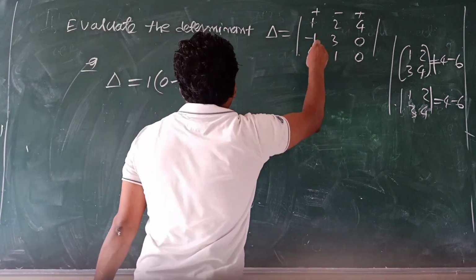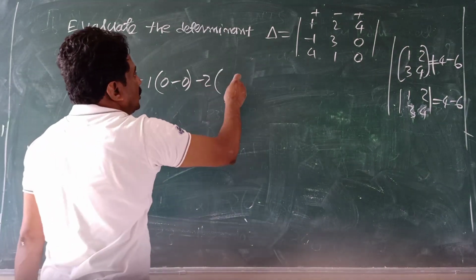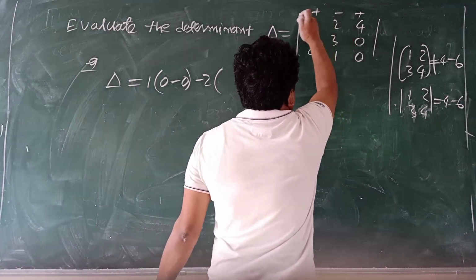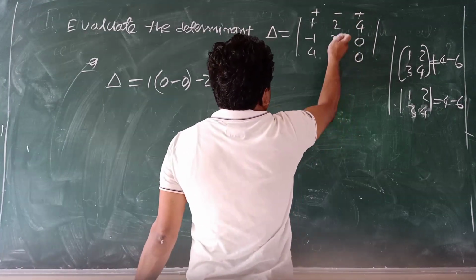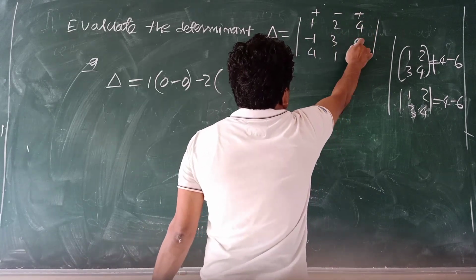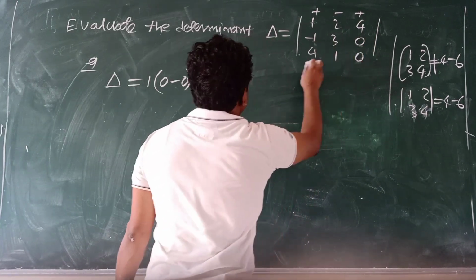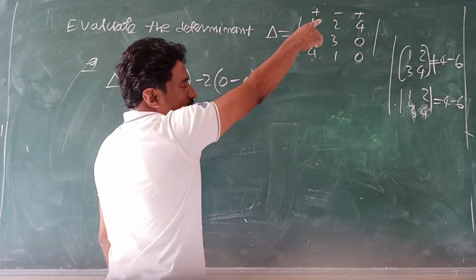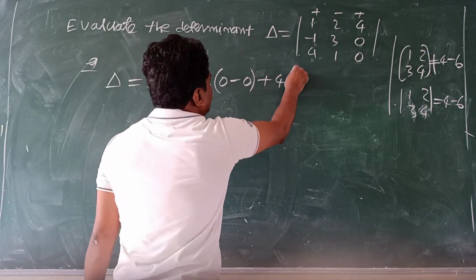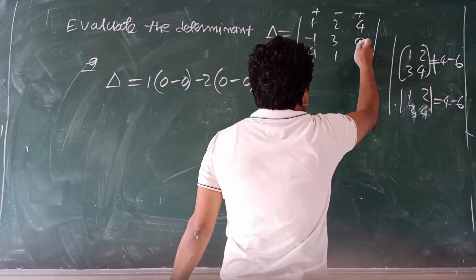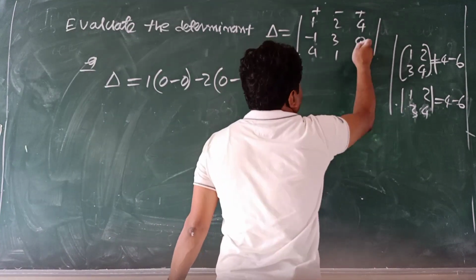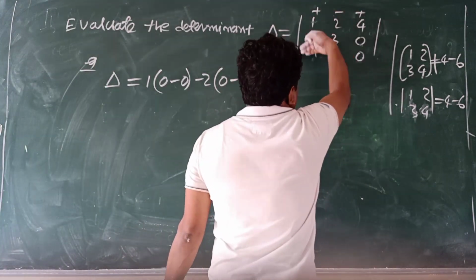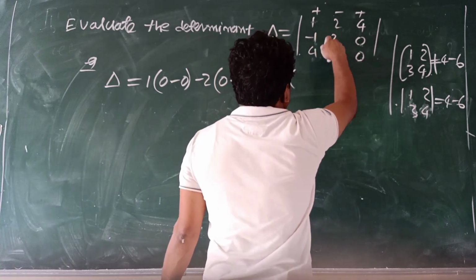Next you take minus 2, thoroughly, leave the column and row, minus 1 into 0, 0, 4 into 0, 0. Go for the last one. Plus 4 into, leave that column and row, product, minus 1 into 1,